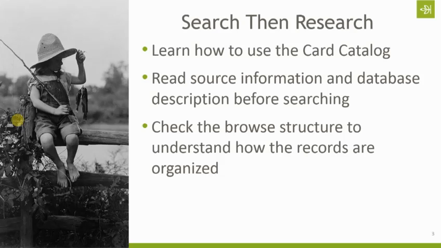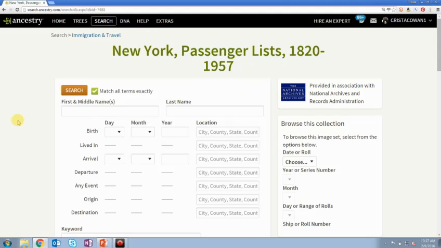Another research tip that's going to help you be more successful in your searches is to check the browse structure so that you understand how the records are organized. Now, Ancestry has, as I mentioned, 16 billion records online. A large portion of those records have images attached. So passenger lists, census records, draft cards,